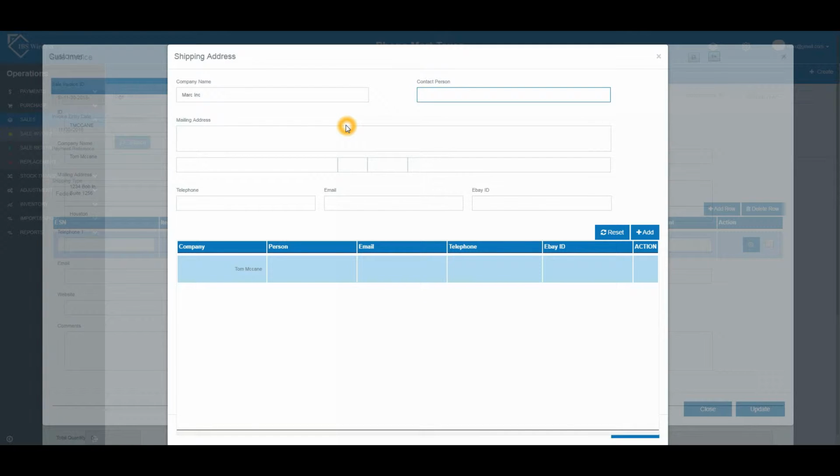Next is the contact person. Suppose it's Rick Arthur. And next is the mailing address. This is the new mailing address or the different shipping address requested by the customer to ship the items to. So it could be, suppose, 4321 South Avenue, street number 15,